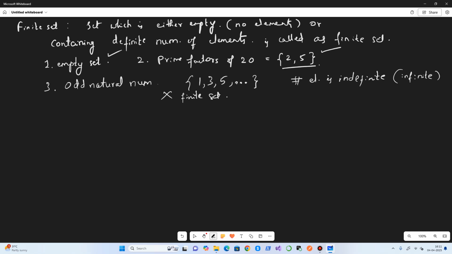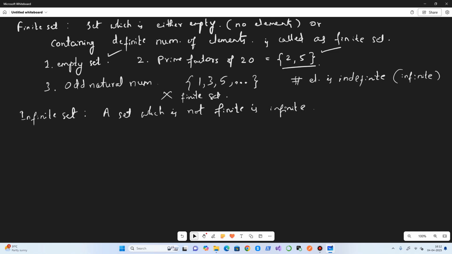Okay, so that is exactly where we come to the point of infinite sets, right? An infinite set means a set which is not finite. It's very simple to define. A set which is not finite is infinite.